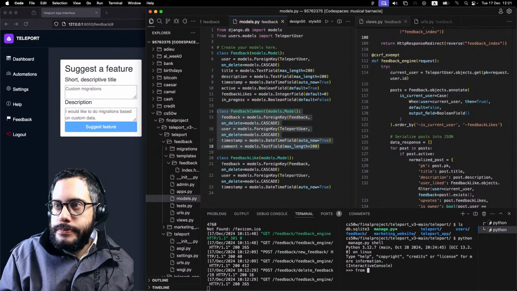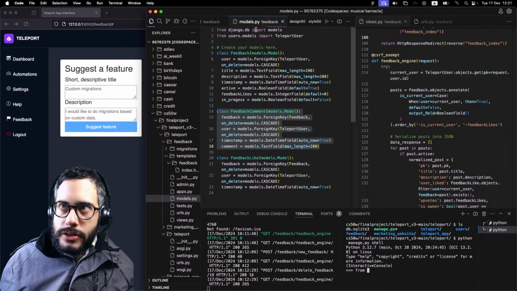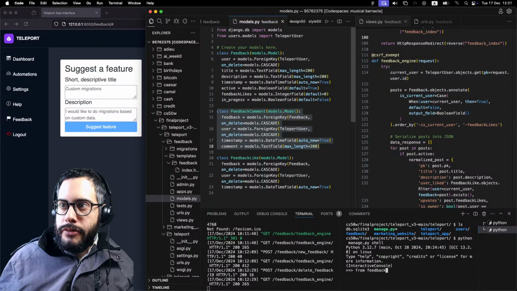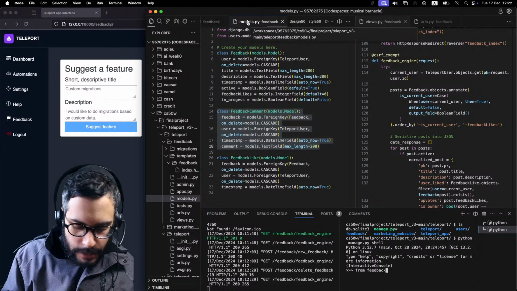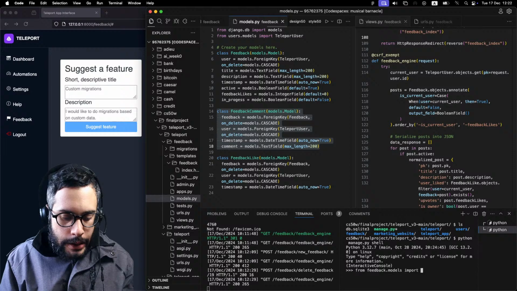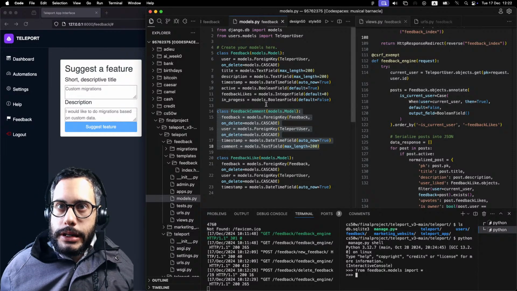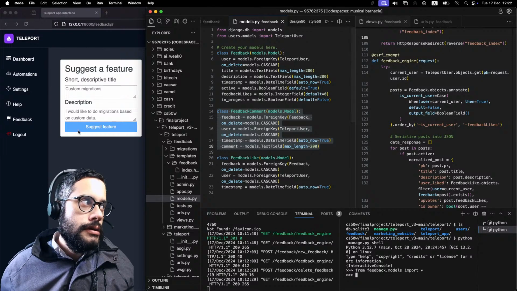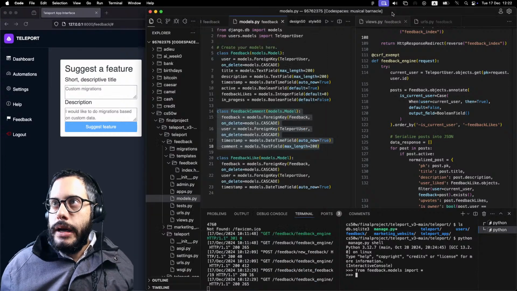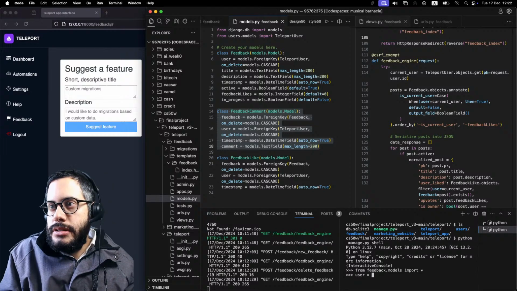So from, and we are on this feedback app within Django, so I'm going to say from feedback, and we're in the models page, so it will be feedback.models. We want to import, and I'm just going to go ahead and import everything that's in there. Okay, now the first thing I need to do is get a user. I think the user I'm using to run this here, test2, is user 1 or 2. Let's see. So let's just say user is equal to,